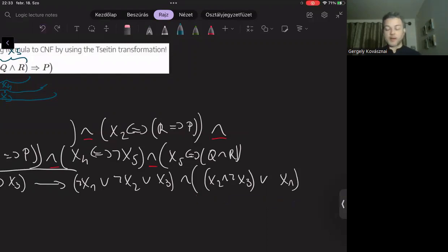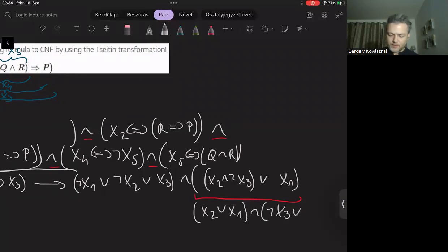Therefore, we definitely need to use the law of distributivity, which is not that difficult to use. Basically, the result of applying the law of distributivity to this subformula results in this CNF: not x3 or x1.